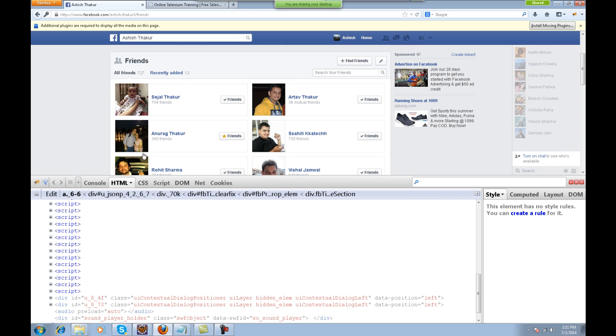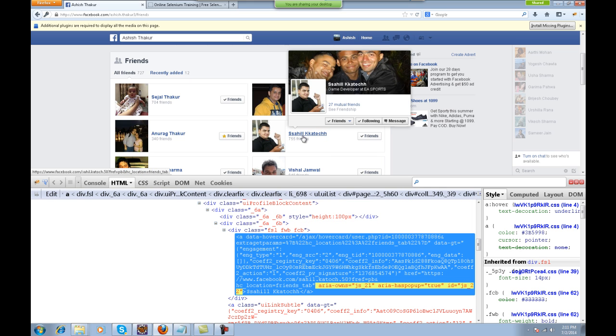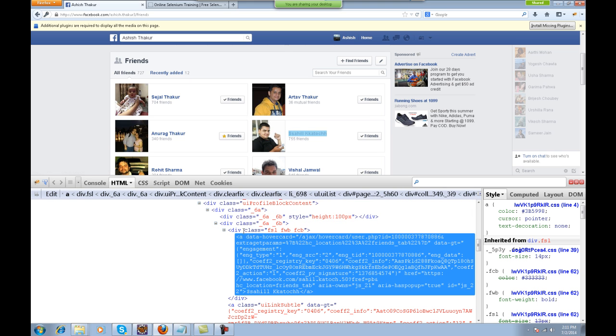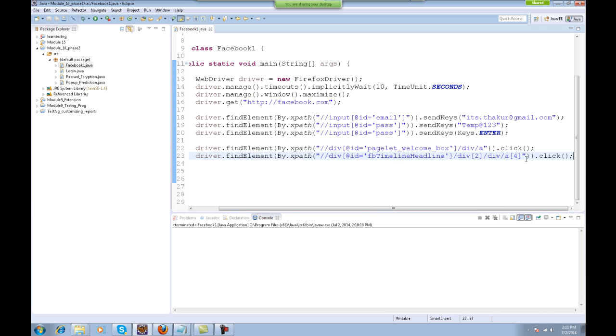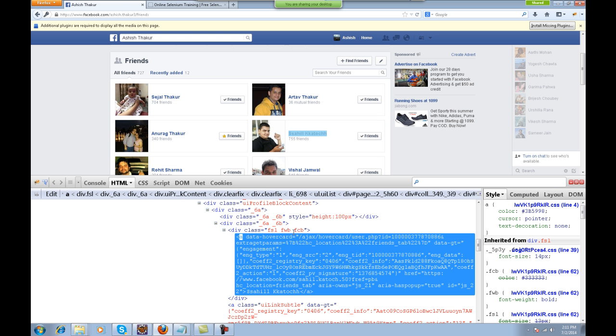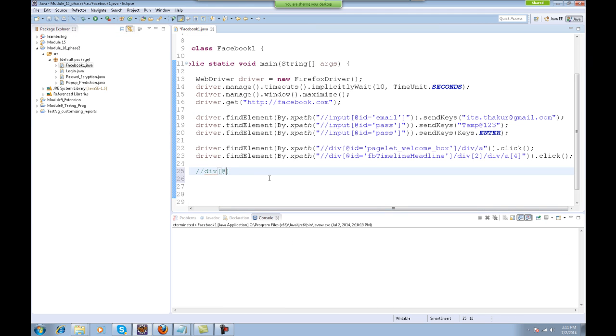If I look at, say, this friend over here, this friend link is inside a division with the class fs1 fwbc. Under that there is a link. Fine, so the XPath of that particular friend is, there is a div with this particular class, under that there is a link.